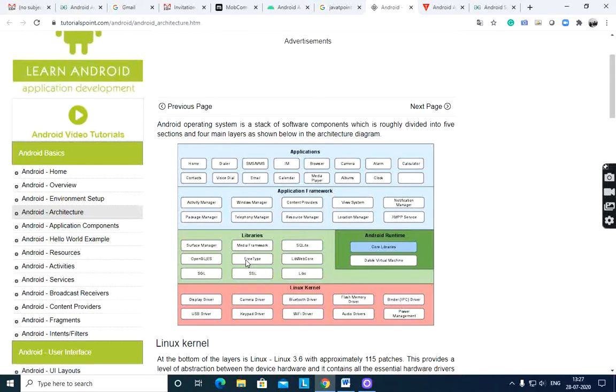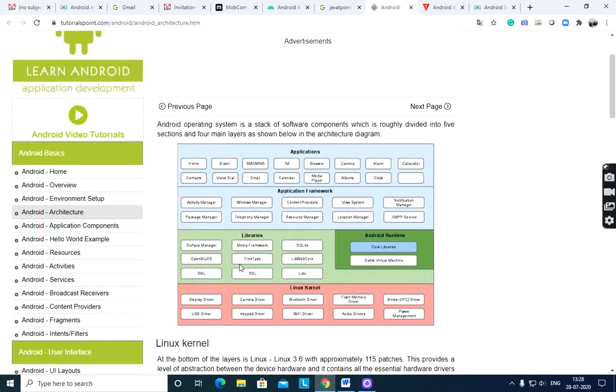SQLite provides database support and FreeType provides font support. WebKit is also there.